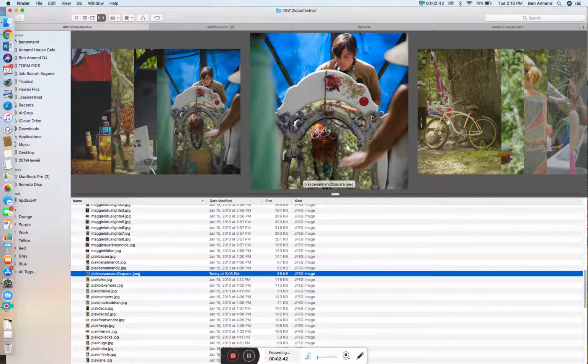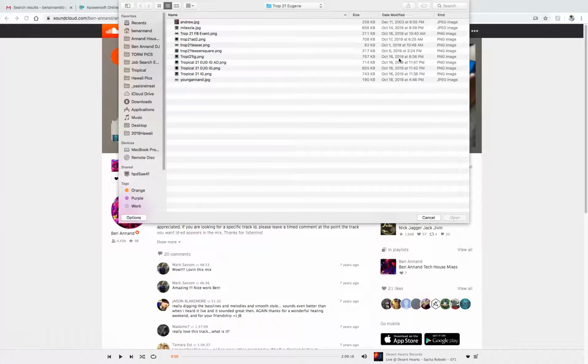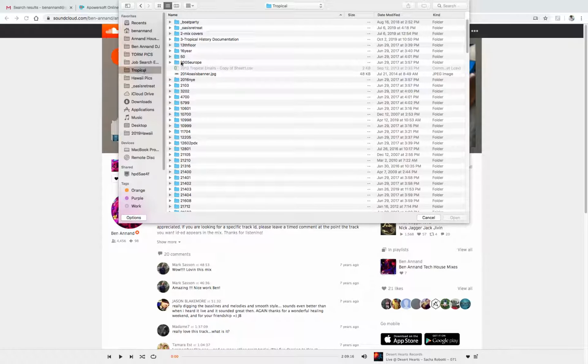So I just made this a square image by cropping it in preview, and I'm going to see if that fixes the issue for me. So going back to SoundCloud, I'm going to find, hopefully without too much difficulty,